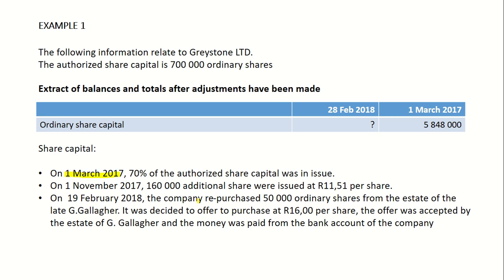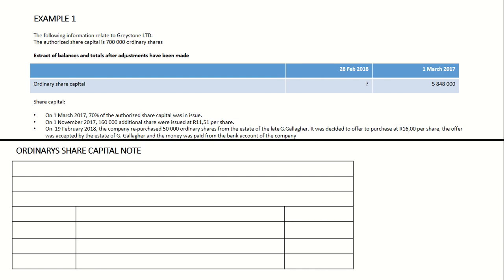For us to figure out how much the shareholders paid for these shares, we need to find what we refer to as the average price per share. Now, we're going to be preparing our ordinary share capital note. Nothing changes. We're going to have authorized shares. The number of authorized shares will simply be 5 million. And then we're going to have issued shares.